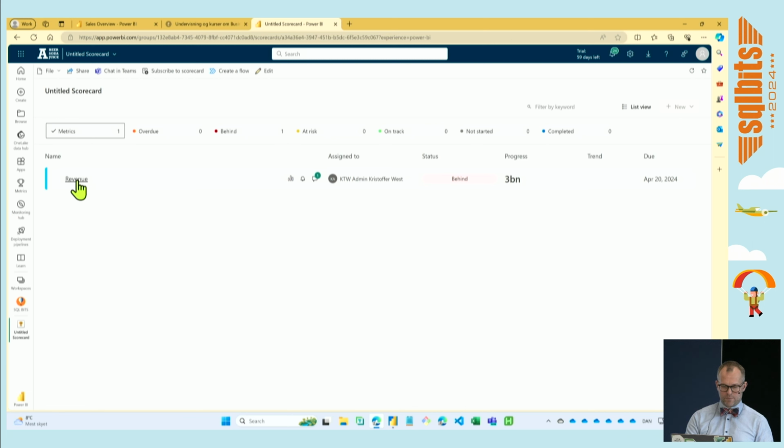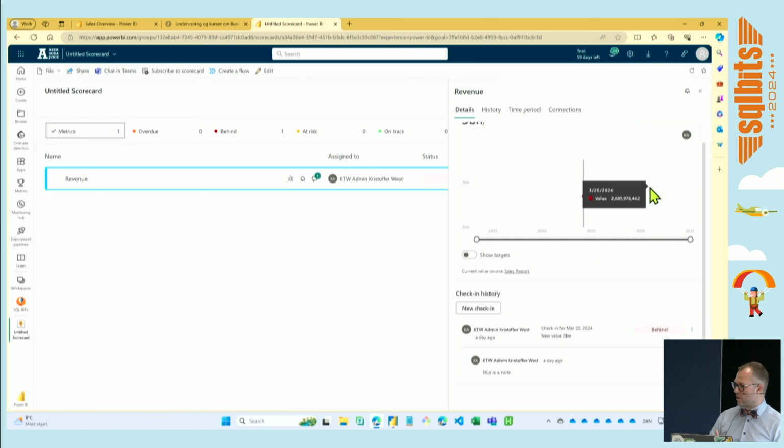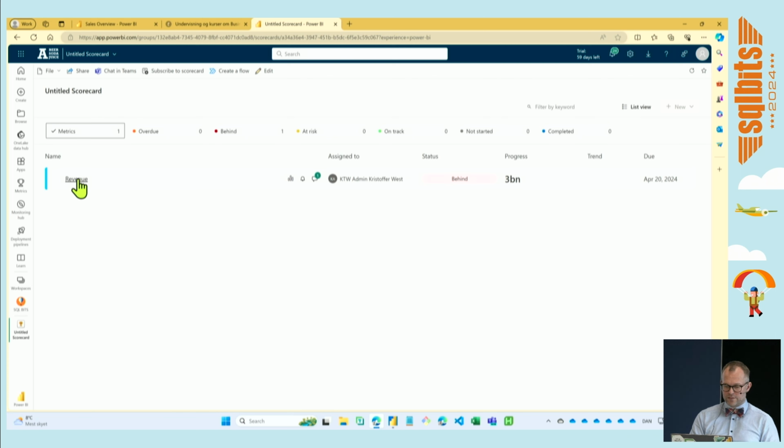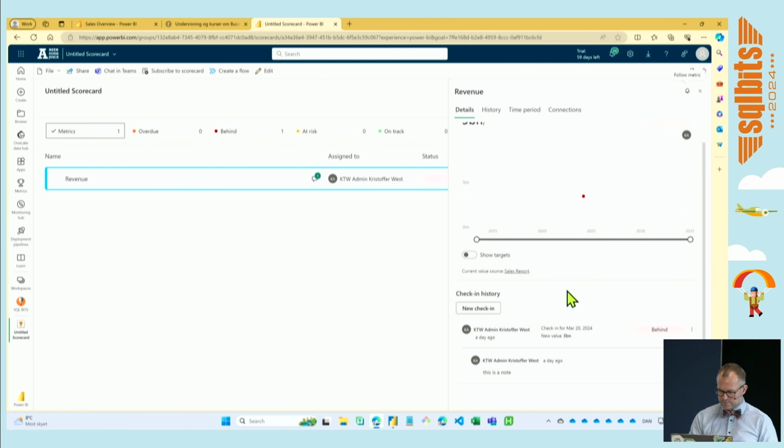So this is an example. We've actually linked this to one of the cards in the report that displays how much revenue is there for a beer here. And we can add comments to this, so we can go in and do check-ins and monitor the progress of this. Hasn't really moved since Wednesday. The great thing about these metrics is that we can use these at stand-up meetings, for example, and if I go in here,